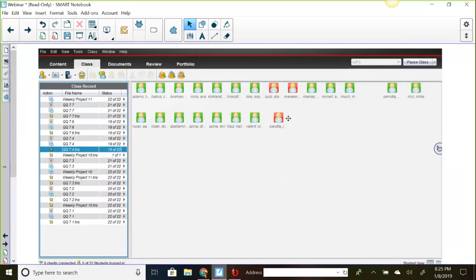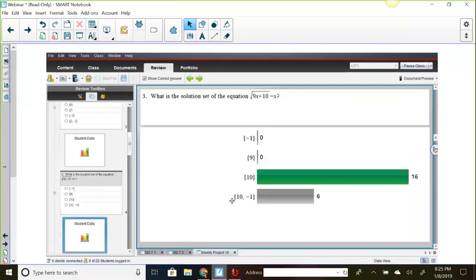More than likely, those students were absent that day, okay? So this is really nice because it allows me to immediately see who's there, do my attendance very quickly, and then when they're done with the question, I can collect it back from them, and I can immediately view the results.